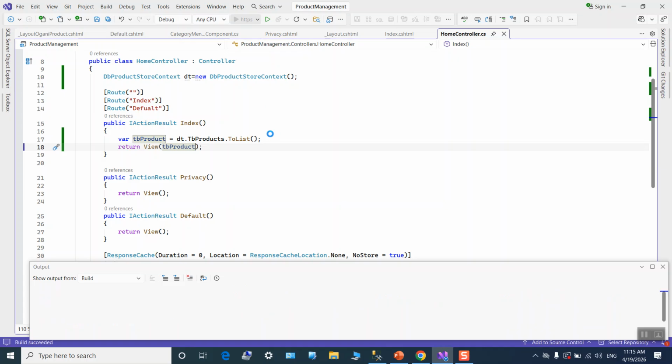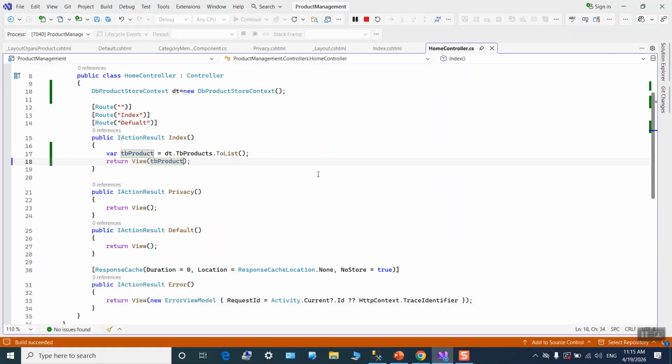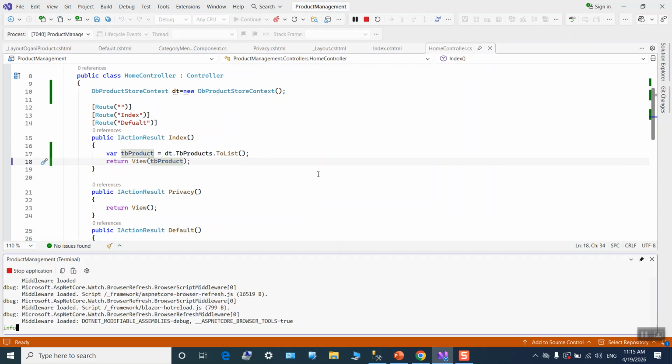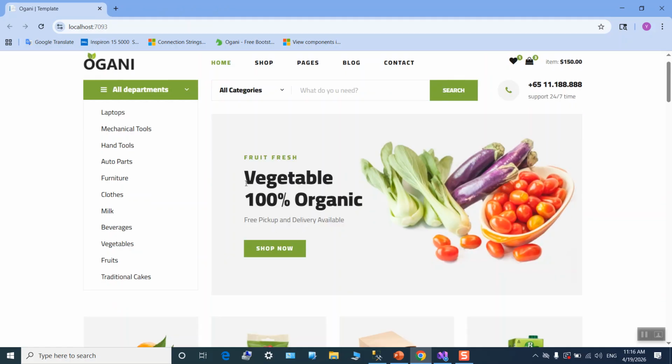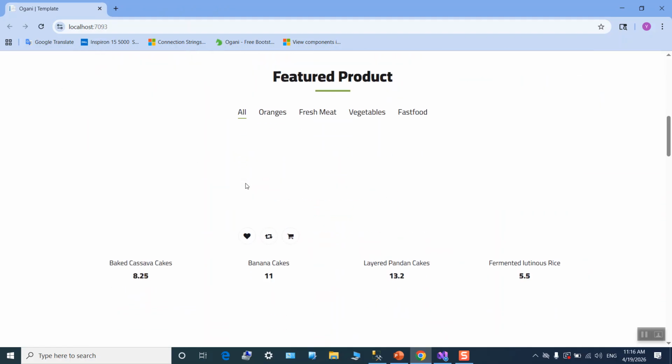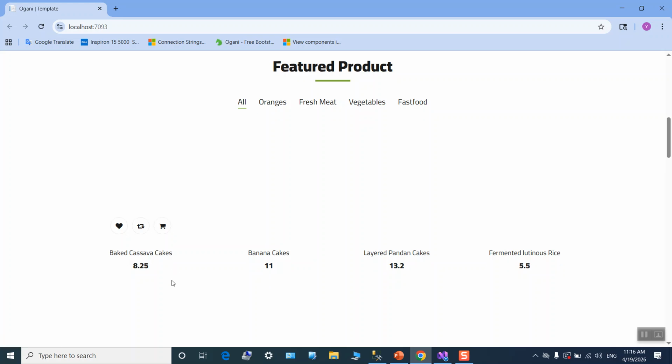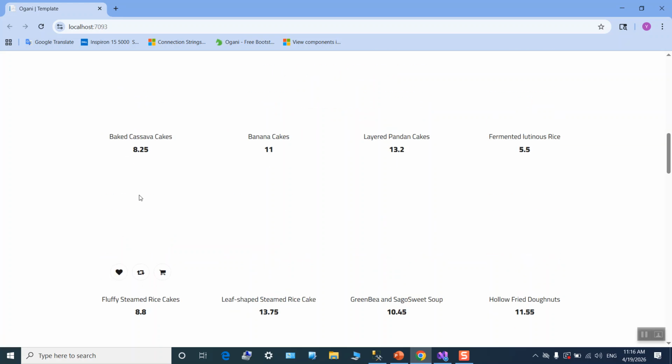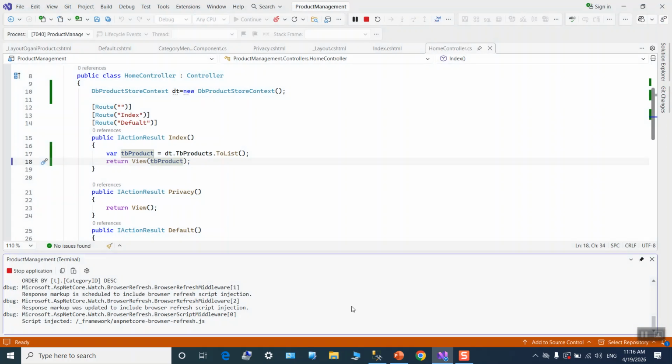Okay, run the solution. Right. This displays the name of the product and the price of the product. We need to display the image of the product. So stop it, and